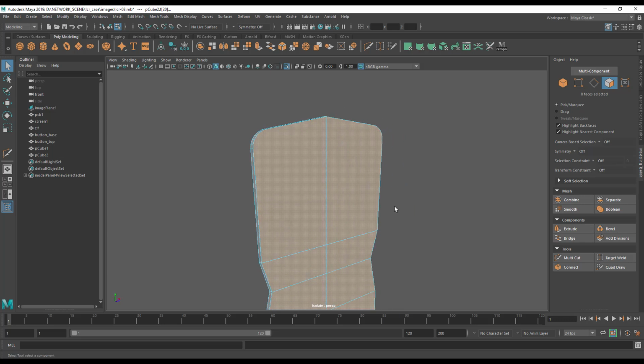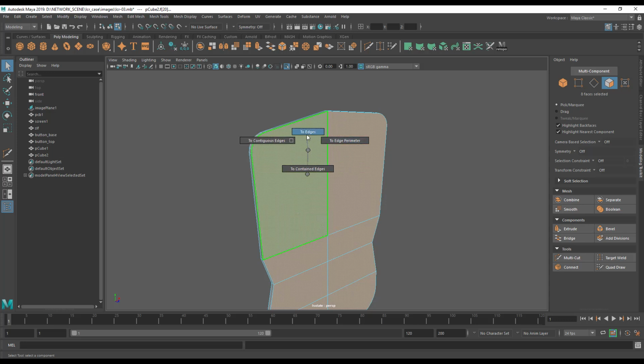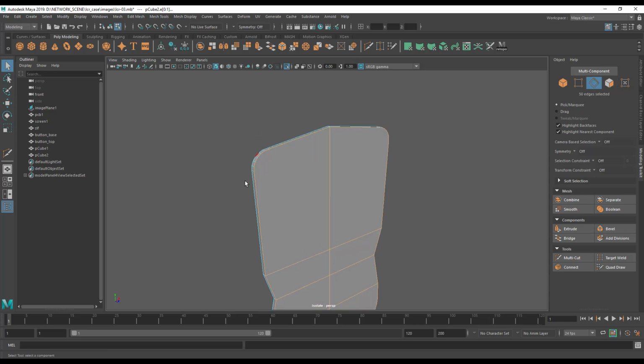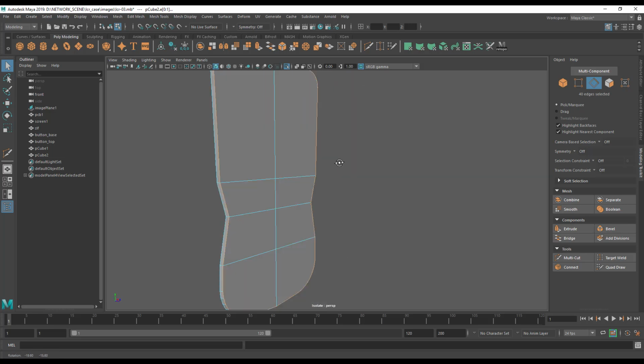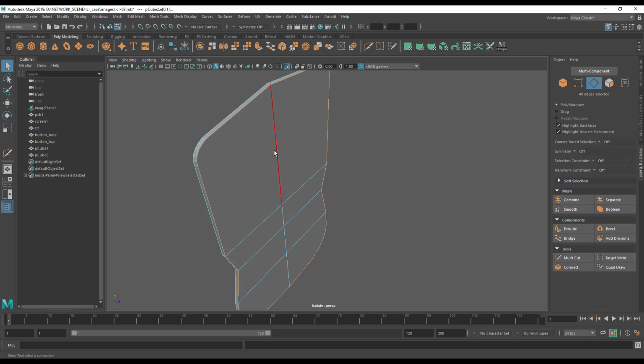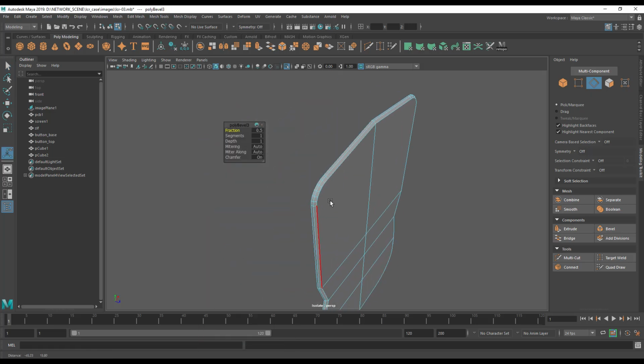I'm then going to select the edges that these faces represent, so I'm going to hit Control and I'm going to go 2 edges and then 2 edges again, and you'll see I've selected all the edges around there. I'm going to untick all of these inner edges because we don't really want to be beveling those, we just want the outer edges. Then I'm going to go hotbox spacebar, edit mesh and bevel, and you'll see that's put